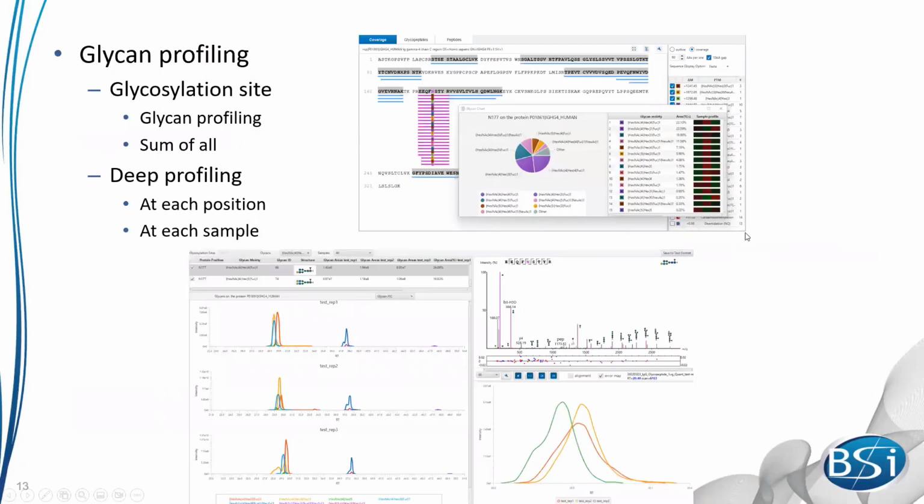Next, we want to deal with the next question of the location, composition, and amount of glycans we find on the protein.